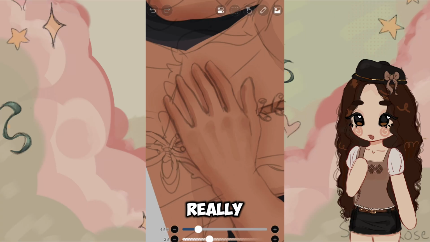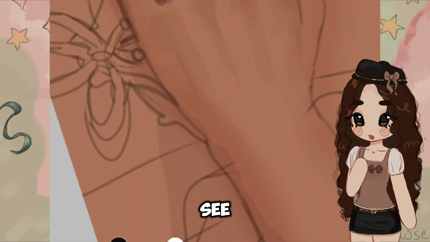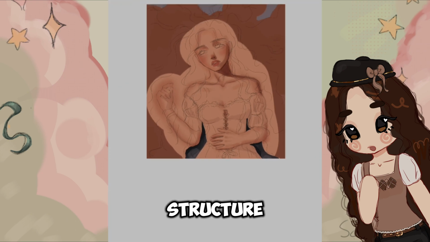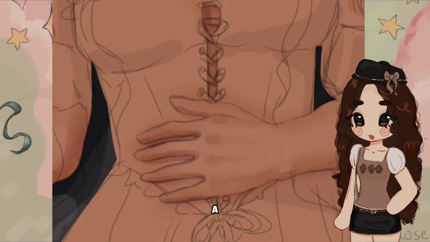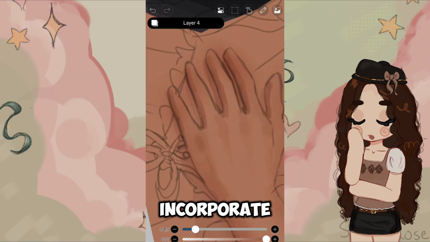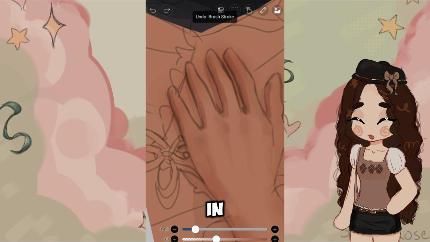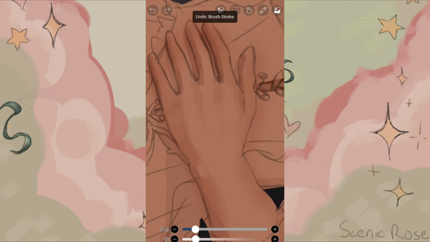This is a really important tip. See how this is soft and faded? Well, look at me sharpening the edge of it to follow the bone structure of a wrist. It looks like the bone is 3D, right? So yeah, just incorporate both soft and hard shadows, which I would go more in depth about, but